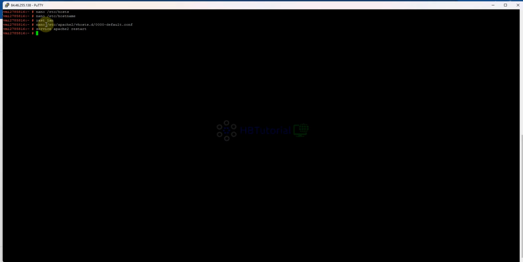But if you want to check Apache first, you can test the Apache config with apachectl configtest, so that if your configuration has no error, you can restart Apache.